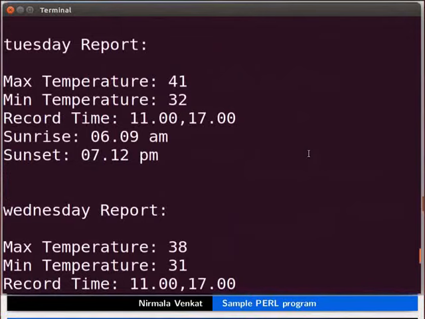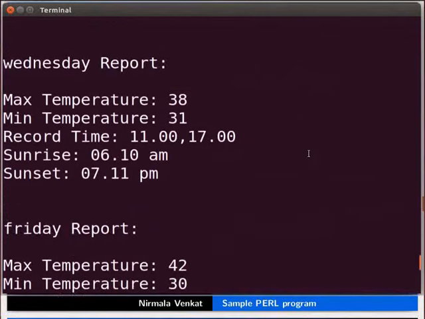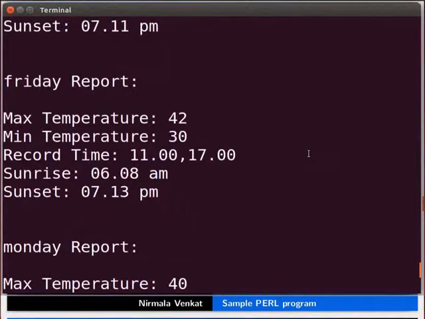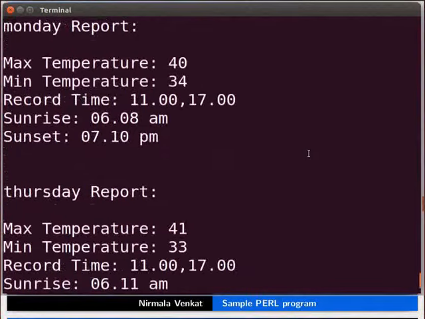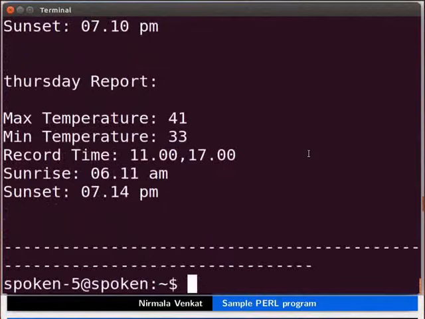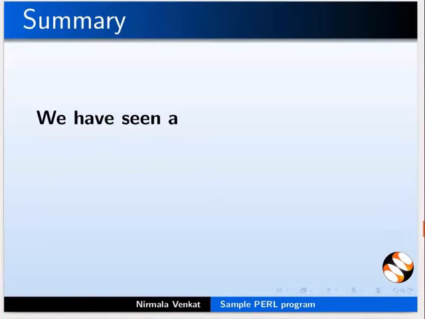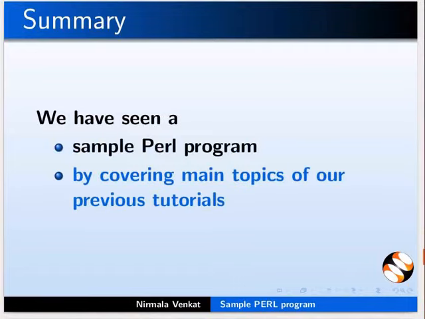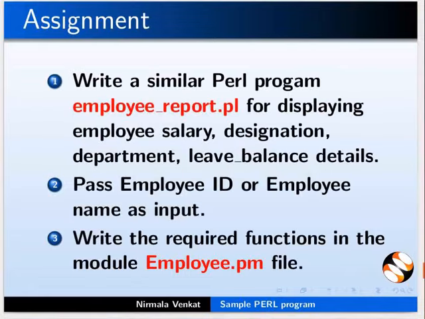The hash keys and hash values are stored in a random order, so the displayed output is not related to the order in which they were added. With this, we come to the end of this tutorial. Let us summarize. In this tutorial, we have seen a sample Perl program by covering main topics of our previous tutorials. As an assignment, write a similar Perl program,